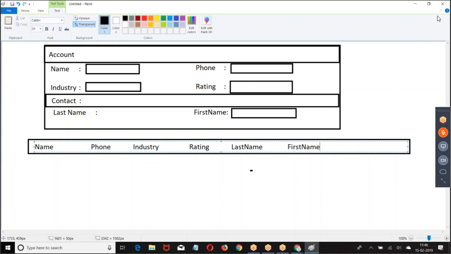Then what should I do? Then we are supposed to create a wrapper class. Create your own data type, which will have one account and one contact.